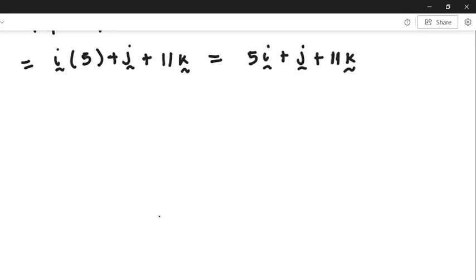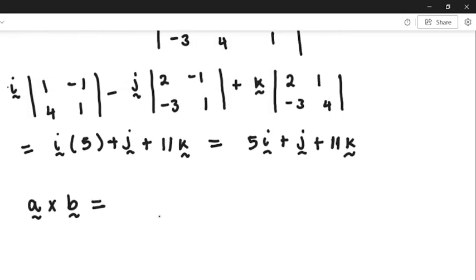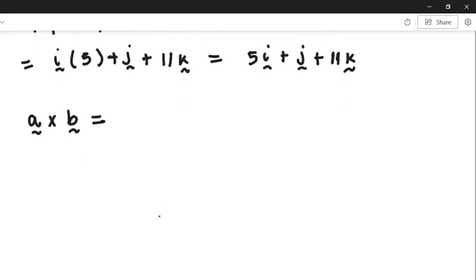We're going to write the formula first. It's called the rule of Sarrus. Here you're getting the determinant. These straight lines you see here denote the determinant. So here you're going to write I, J, K,